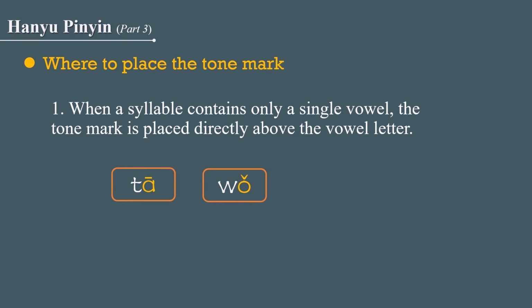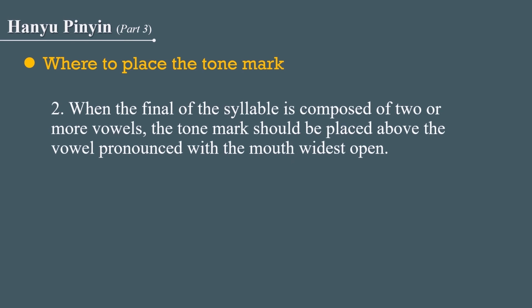There is no doubt that the tone mark should be above the vowel. So, when a syllable contains only a single vowel, the tone mark is placed directly above the vowel letter. For example, 他、我. But when the final of the syllable is composed of two or more vowels, the tone mark should